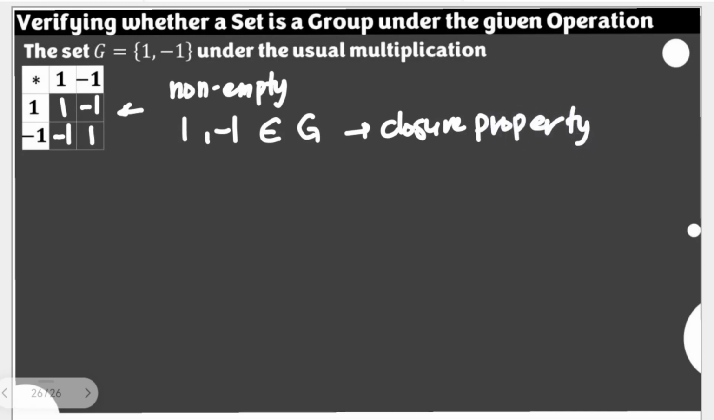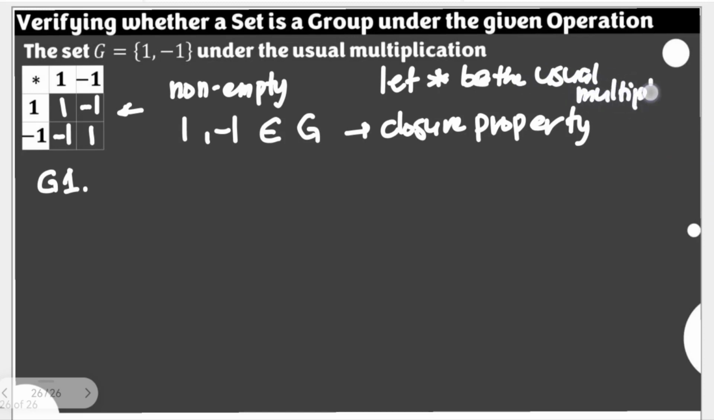The other conditions, the G1, G2, and G3, will also be satisfied easily if we are going to look into this idea of our Cayley's table here. So let's start with G1. First, I forgot to mention here, let star be the usual multiplication. I just need to represent it like this so that I could simply use star as I go forward. Starting here, star is